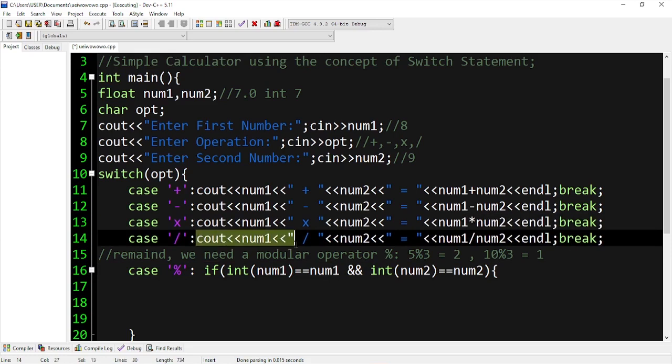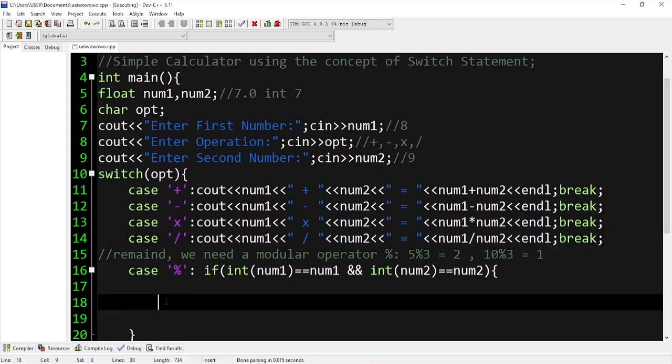So I'll just copy this one and I'll paste it here. So if I paste this one here, I will say num1 modulo, use the modulo operator here, modulo num2 equal to, then I